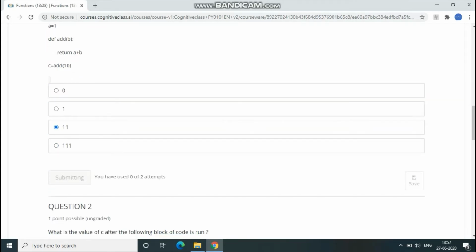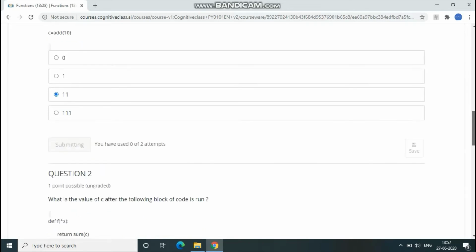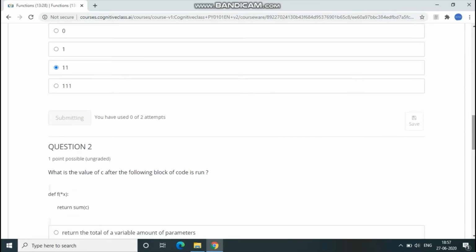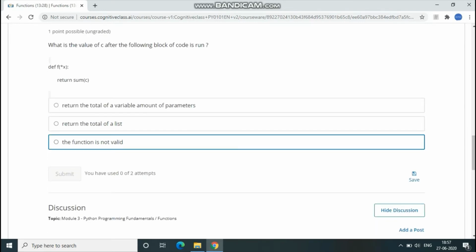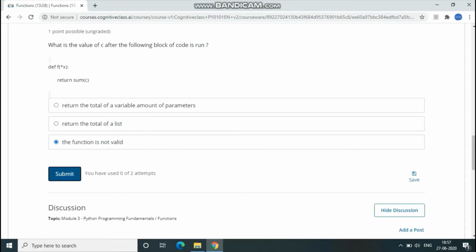For the second one, answer will be function is not valid, third option. Click on submit. Once it gets completed, we'll go with the 12th set of questions.